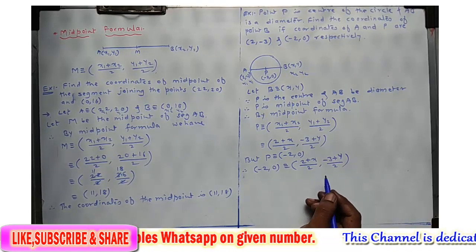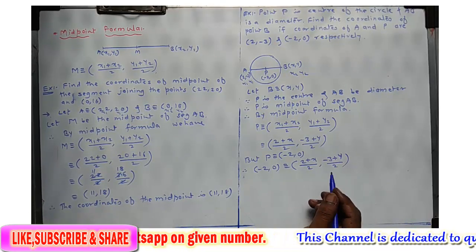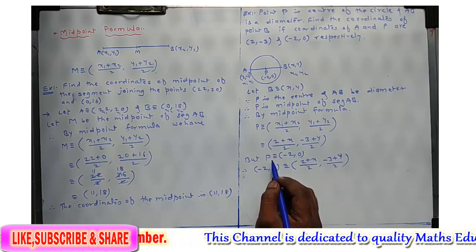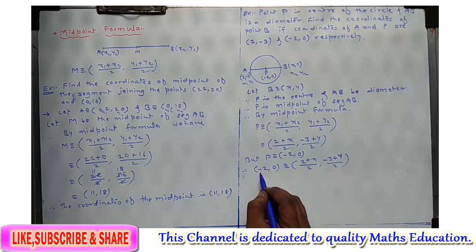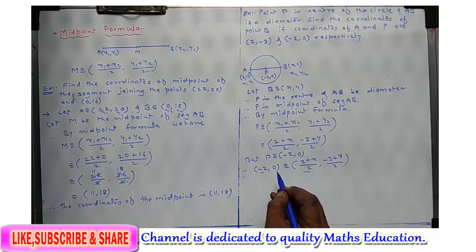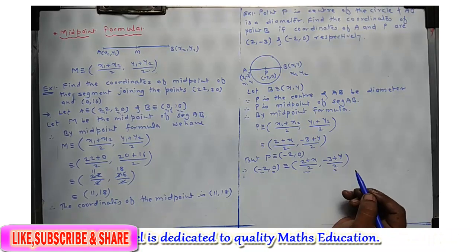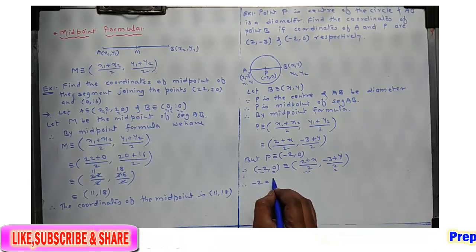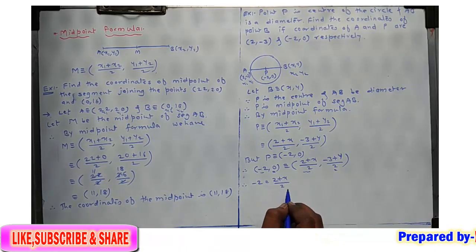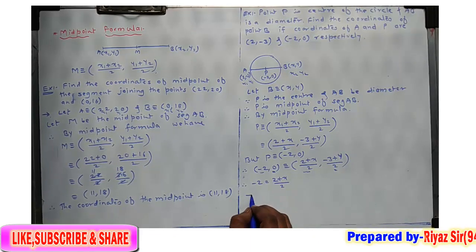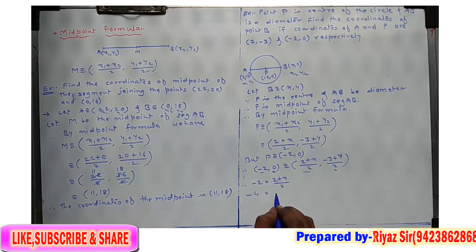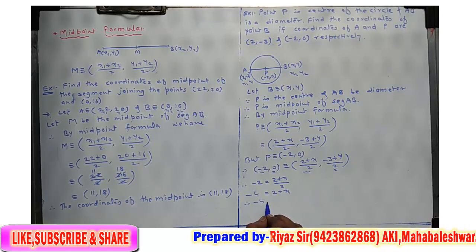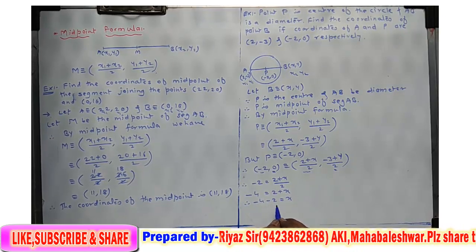बराबर है. अब कंपेयर करेंगे, इक्वेट करेंगे हम लोग. क्योंकि दोनों भी पॉइंट्स जो कोऑर्डिनेट्स गिवन है वो एक ही पॉइंट के कोऑर्डिनेट्स है P के. इसका मतलब यहाँ का x कोऑर्डिनेट और यहाँ का x कोऑर्डिनेट इक्वल रहेगा और यहाँ का y कोऑर्डिनेट और यहाँ का y कोऑर्डिनेट इक्वल रहेगा. So you will get -2 is equal to 2 plus x upon 2. ये 2 डिवीजन में लेफ्ट साइड में आएगा तो मल्टीप्लाई हो जाएगा. 2 2 जा 4 is equal to 2 plus x